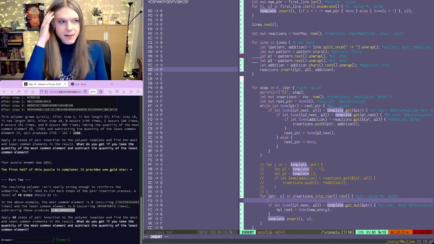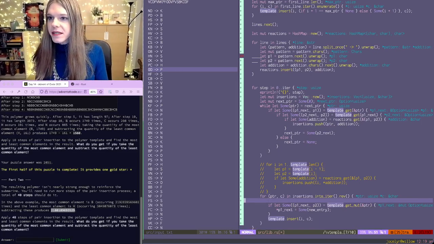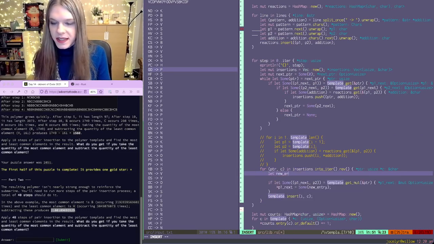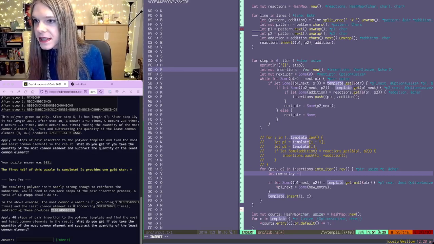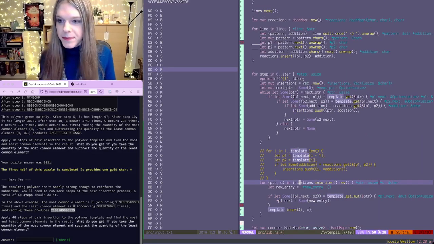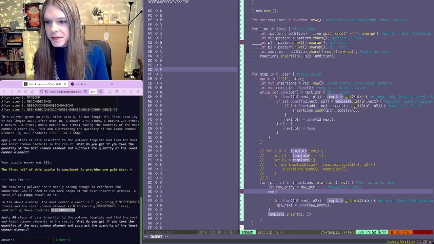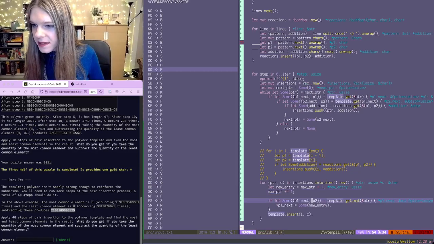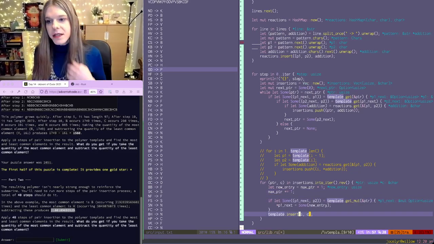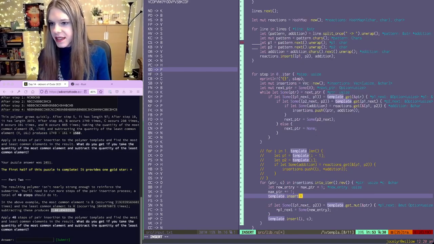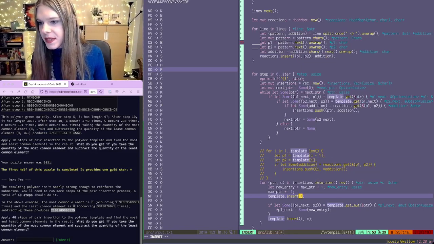And new entry is going to be something that we're adding into our template. So new entry is equal to max pointer plus 1, new entry. Oh, and then we need to remember to increment max pointer by 1 as well. Okay, and then we can insert that into our template. So template.insert, that's going to be the new entry,